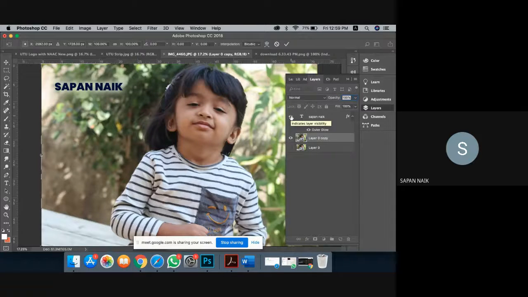Some basic things: when you are dealing with designs as a designer, there are some qualities expected from all of you. First, you should be able to sit for a longer period of time, because creating an image is not an easy thing, and it is not a two-sitting or three-sitting process.